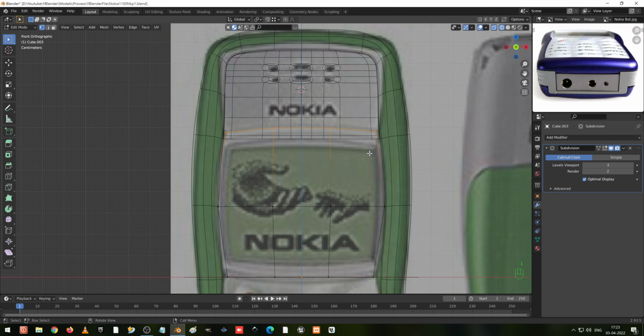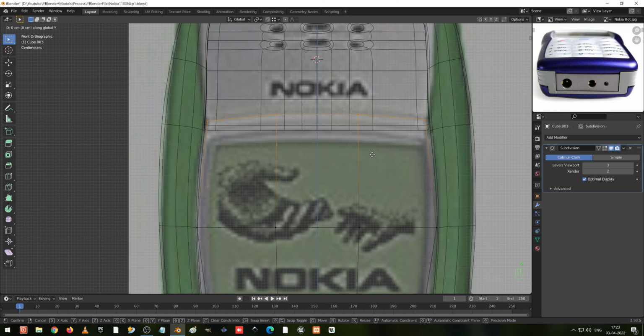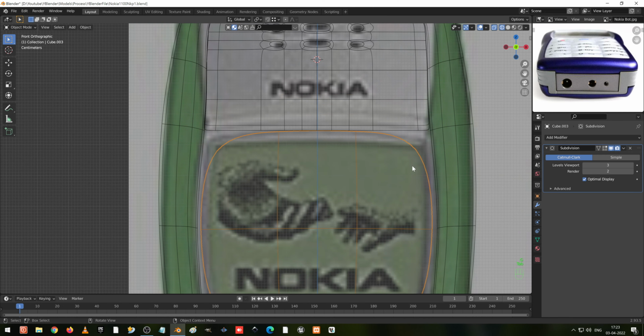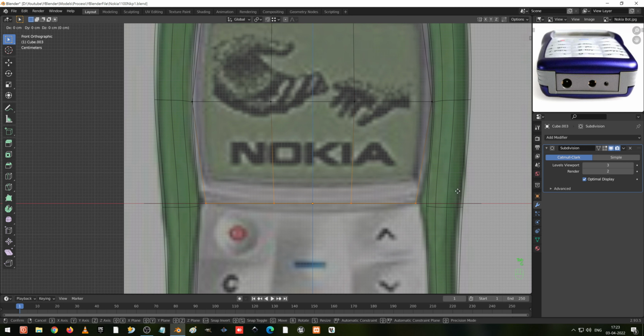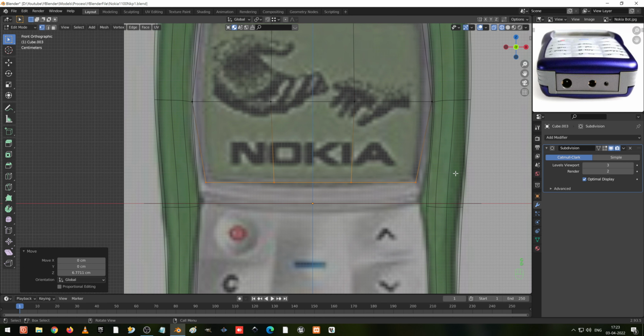Now we are going to continue this. GZ with the control key and you can make it bottom. And here in this bottom too we are going to make it towards upside, GZ, and this corner skeleton